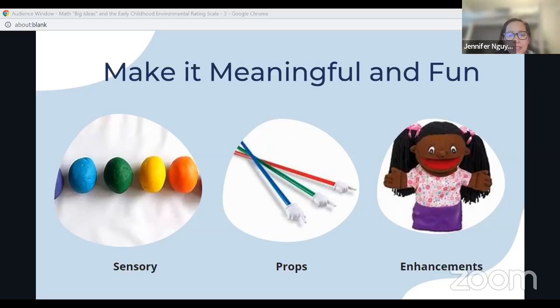You can use props such as these pointer things. Kids love these things. If you pull out the pointer finger, it's very exciting and everyone wants to use it. And if you get to count something with a pointer finger rather than your own finger, to any 3-year-old, 4-year-old, 5-year-old, that is better.